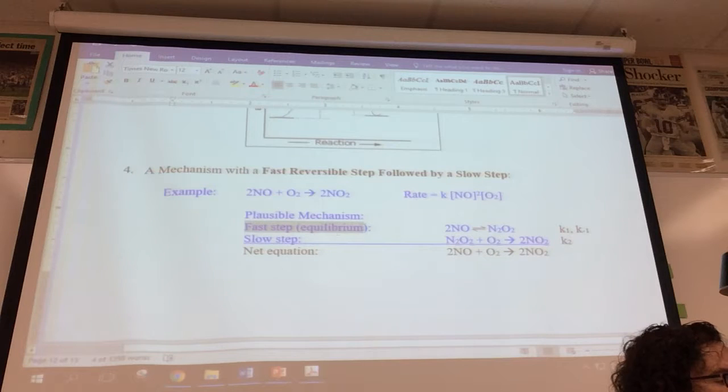We have a fast equilibrium step first and a slow step second. I've indicated k1, k negative 1, and k2. These are the ks for the first reaction in the forward direction, the first reaction in the reverse direction, the second one